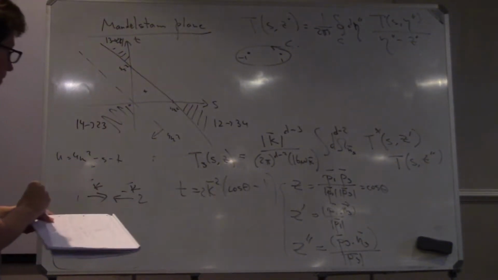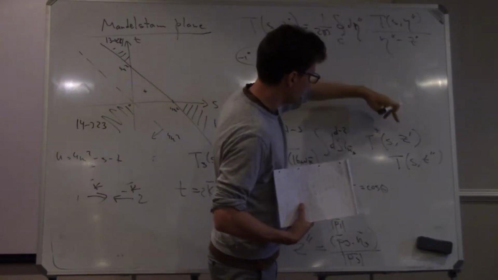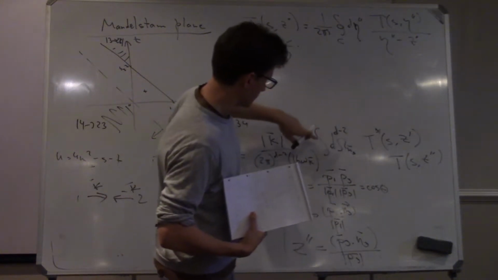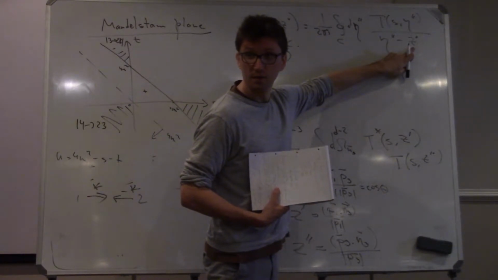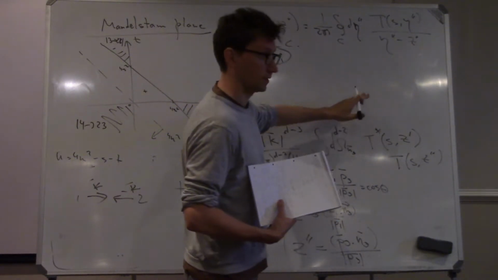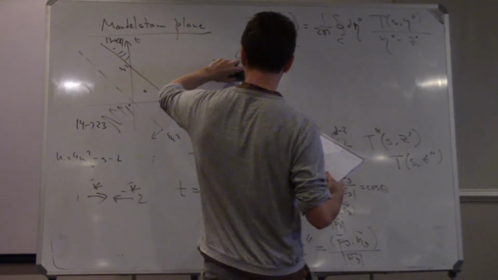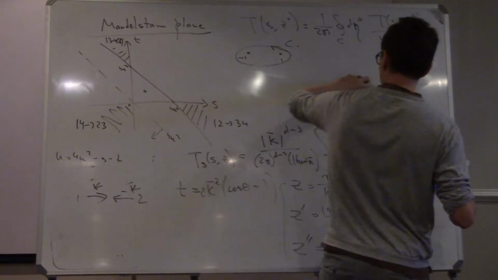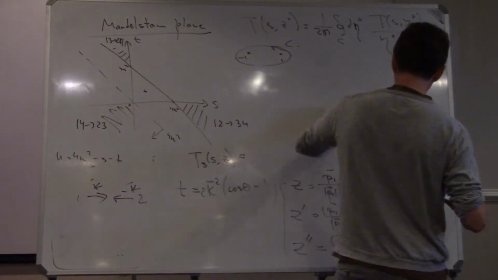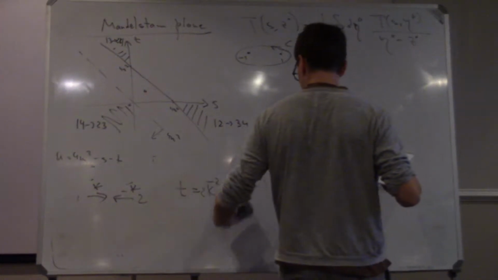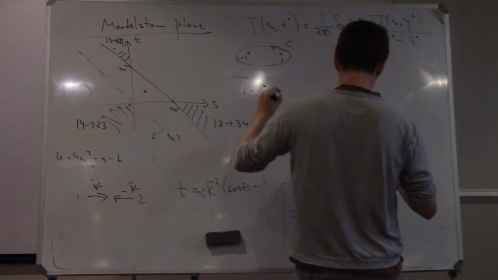Therefore, note that if you plug in this representation, now all the dependence on z prime and z double prime, which is the angle over which we're integrating, is factored out in these prefactors. So we can completely do this integral. And that's what we do next. What we get is now the following expression: that the discontinuity is equal.